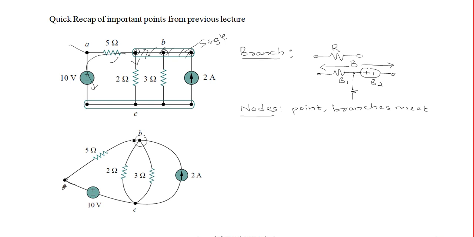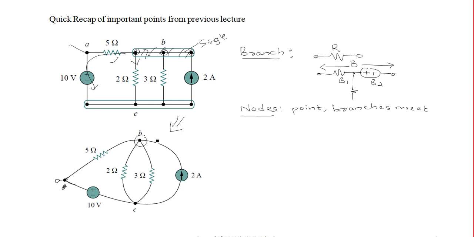So no need to worry. Okay, just to make things simple initially, I have taken a node A here. Then we have a common node, that is node C. Node C is a point where all elements have been connected except this 5 ohms. So this representation, you can have the same representation like this also.